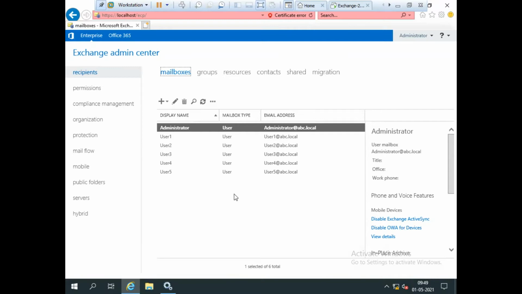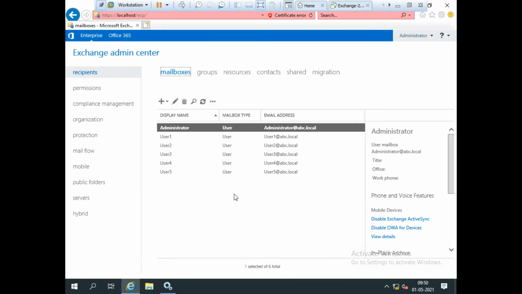Now, what can we share? With the help of a shared mailbox, you can share a common calendar and worksheets. Users are able to access one common calendar and worksheets. Imagine if I send any worksheet or file to a particular shared mailbox, all users who are members of that shared mailbox are able to access those files or sheets. So this is what we have in the shared mailbox.